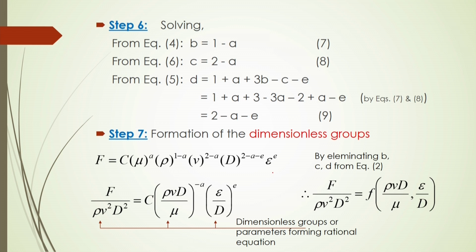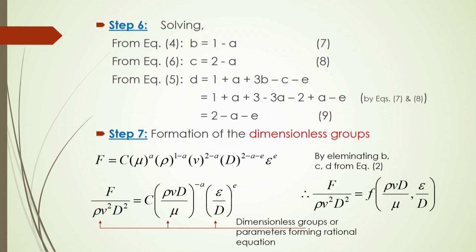Similarly, epsilon to the power e, we are not having any equation for e there. So, we cannot express the remaining one here. So, at least you have to represent these 3 exponents by the remaining other exponents. Sometimes you have to be very careful that whenever you are going to express these exponents, you have to identify which exponents are to be replaced by the remaining exponents. You can select other exponents also. Suppose you are representing c, d, e in terms of b and a, that also you can do, and then you will get similar types of dimensionless groups.